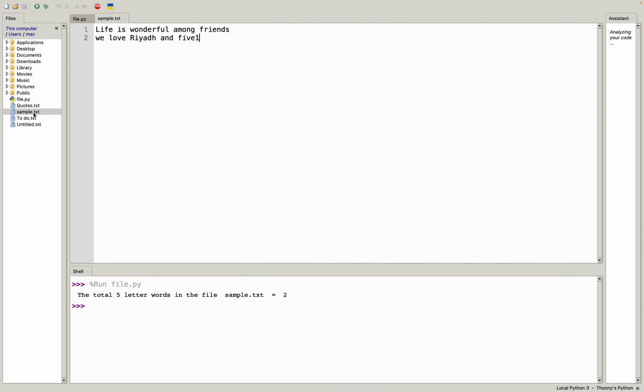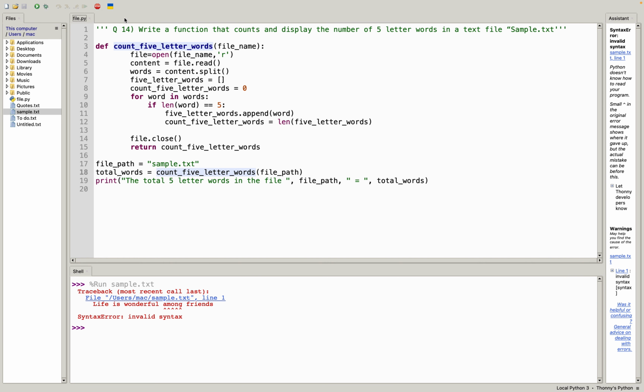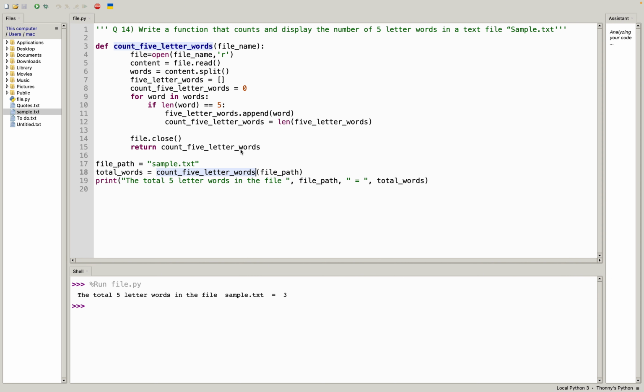So if I put, let's say, love1, it will become 5-letter, and it will tell me 3. Now I need to save this one before I run it, sorry. Yeah, this is 3. So if you want to see what those words are, you can also print here. You can say comma, these are,